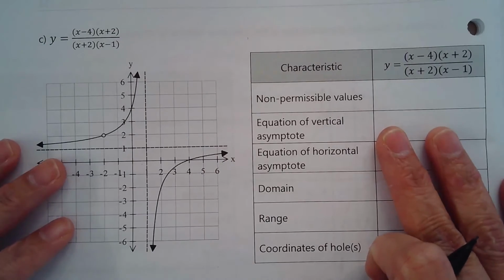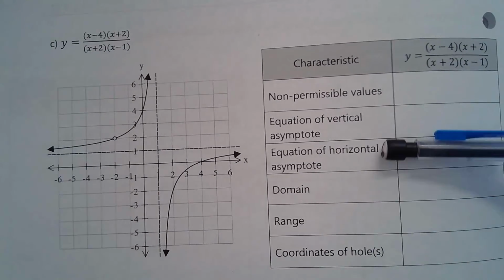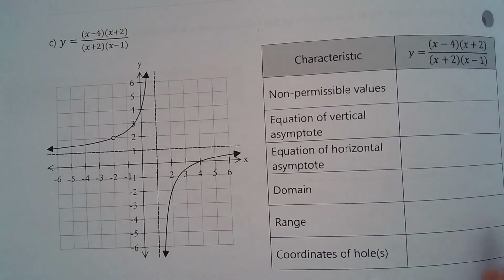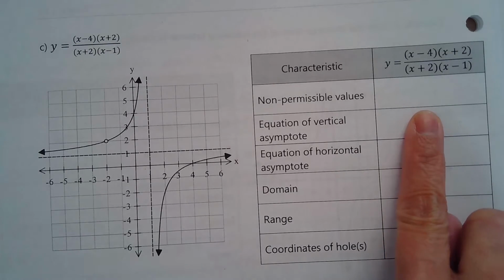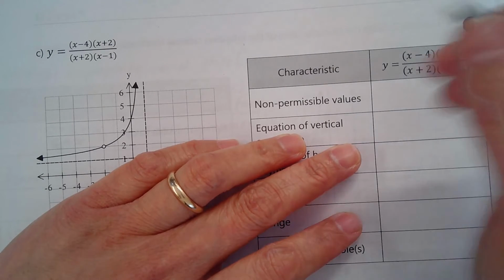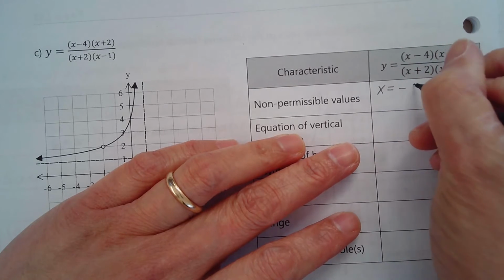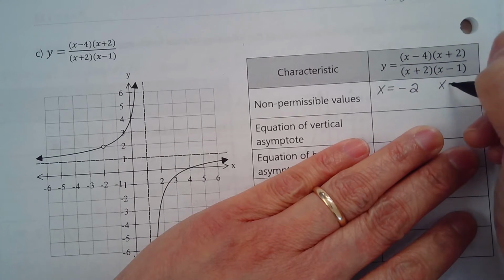So this is the function. The function is y equals x minus 4 times x plus 2. That's the numerator, p of x, and the denominator is x plus 2 times x minus 1. Let's first look at the non-permissible values. What are the non-permissible values? x is equal to minus 2, and the other one is x equals